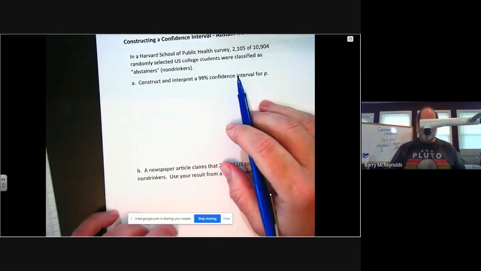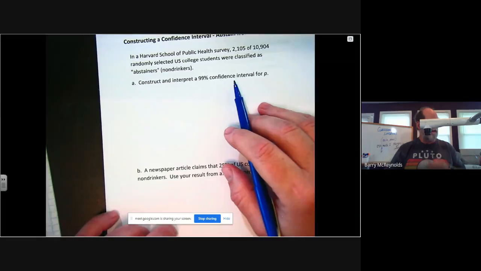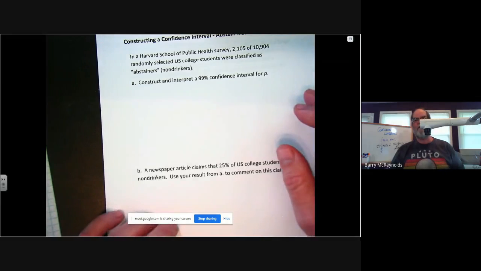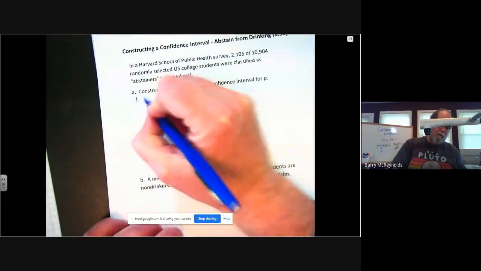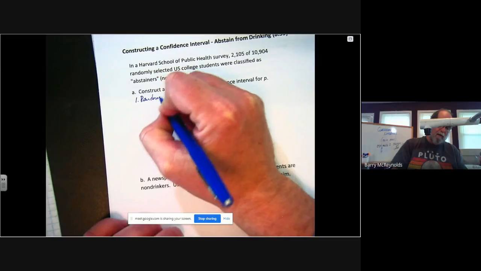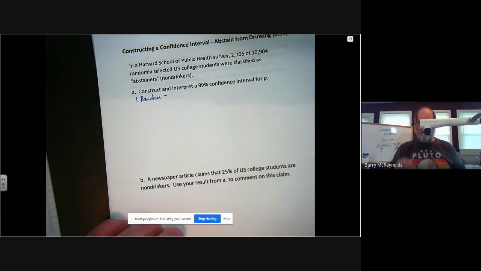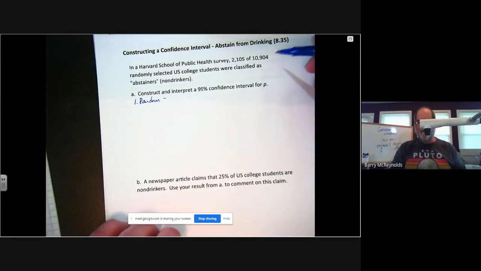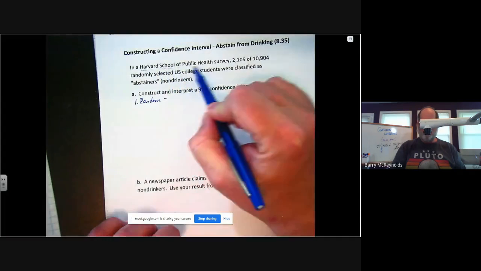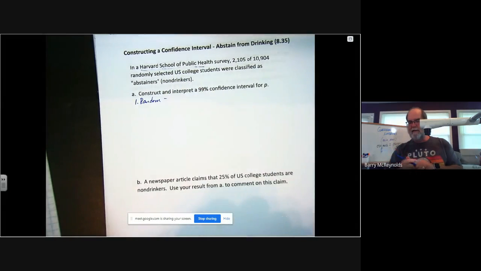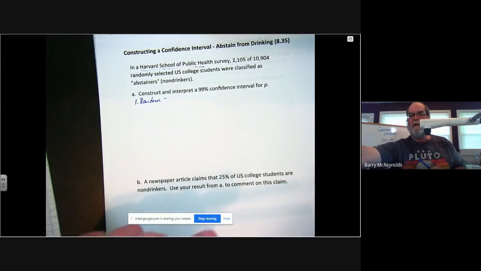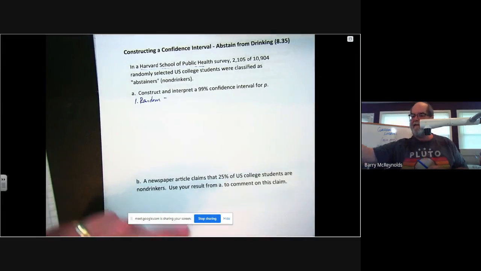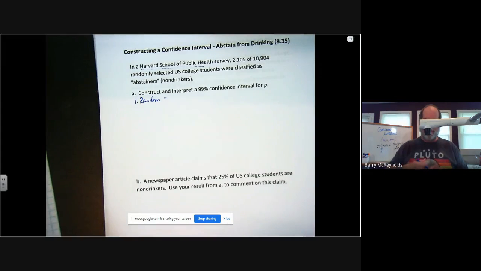So before we start constructing the confidence interval, we have to check our three conditions for inference here. And so the first one is, is the data from a random source? Well, the case doesn't really say it in black and white, but we are going to be able to trust that the Harvard School of Public Health, this is not their first time to conduct a poll, so we're going to assume that these guys know